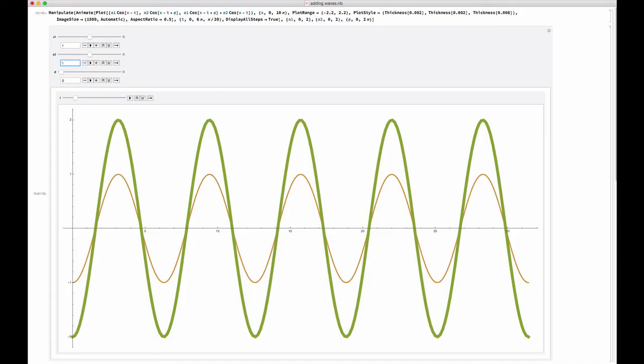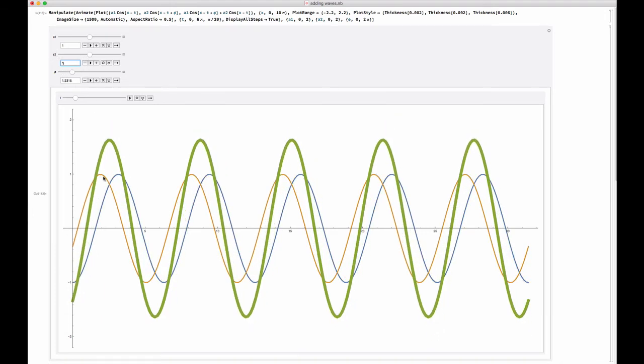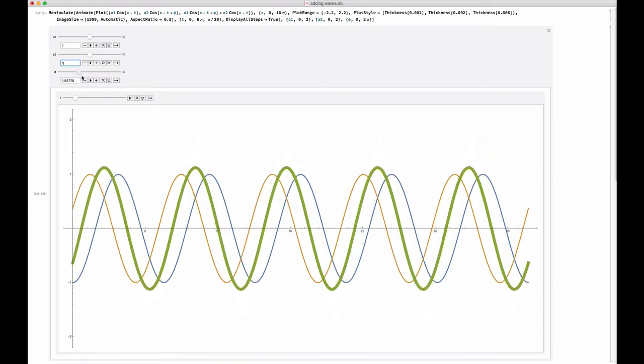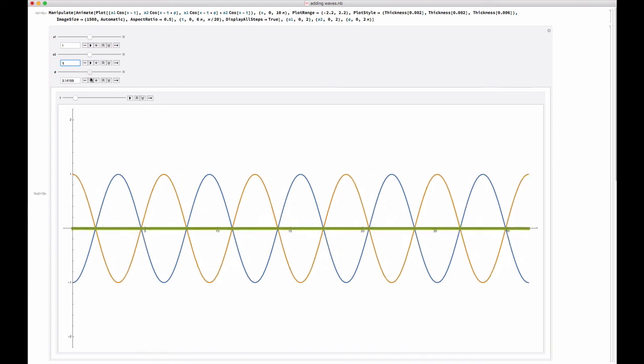Here's a little Mathematica demonstration of wave interference. So we have two waves with amplitudes A1 and A2, and if I separate them here, you can see we have one wave which is yellow, another wave which is blue, and the thick green line is the sum of these two waves. Now they both start with an amplitude of 1 each, and this slider here is the relative phase between the waves. So relative phase of 0, the waves add up constructively, and the resulting wave is twice as large. If I shift the phase until they're out of phase, so the phase is equal to pi,